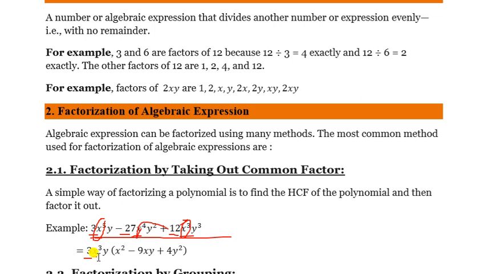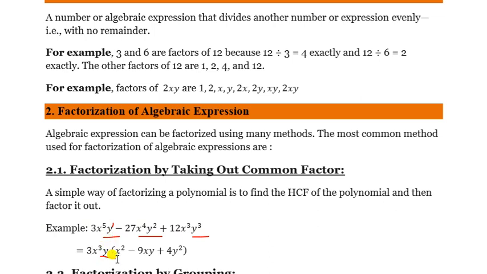X to the power 3. So I took x to the power 3 also common. Now one more variable is left, that is y. Now for y also we'll try to find out the least one. See here y, here y square and here y cube. I think y is the least, simple y, because here the index is only 1. So we have to take y also common.